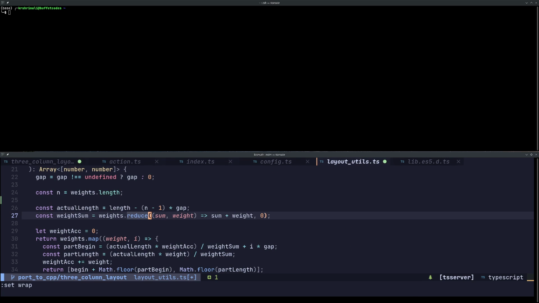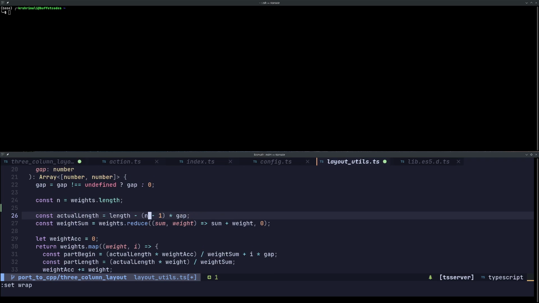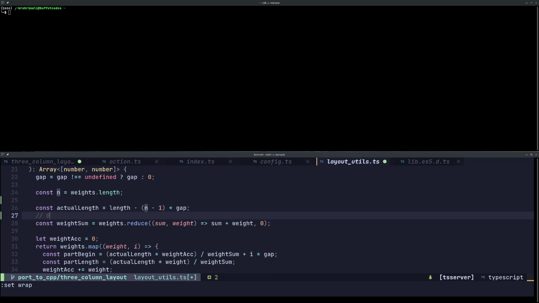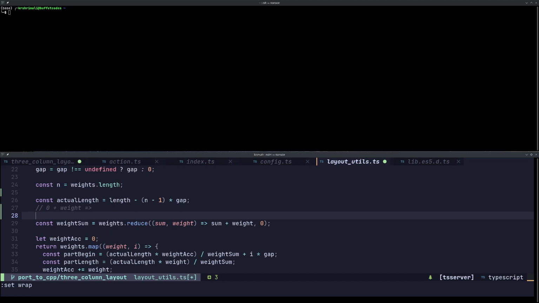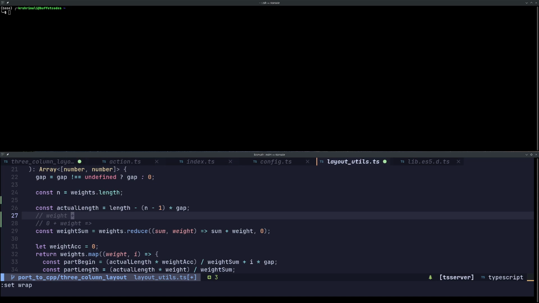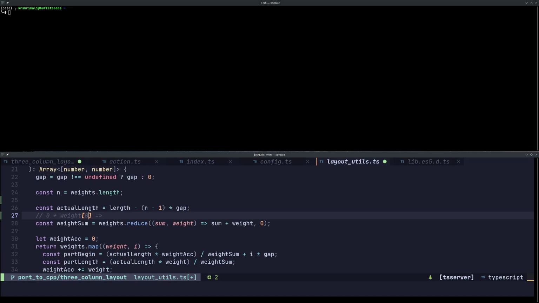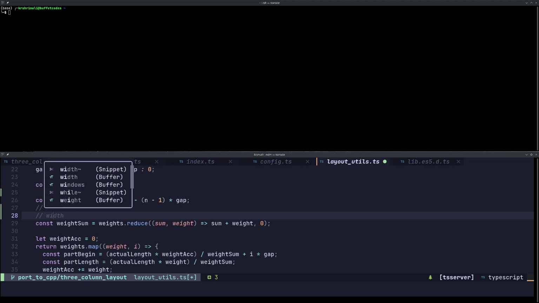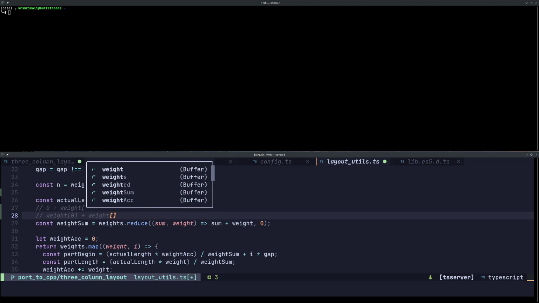Right. So they just have a lambda function, I guess, which takes 2 arguments and returns sum plus weight. And for each weight in the weights array, they're just summing the weights, is it? So they are doing 0 plus weight for the very first value. And it's a cumulative sum, I guess, because after that they do 0 plus weight of 0, and then weight of 0 plus weight of 1,